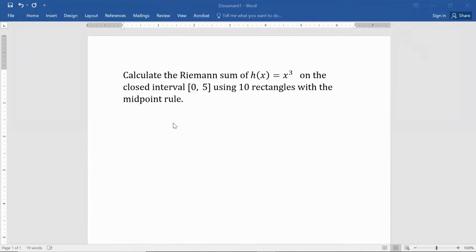The first thing that we're going to do is calculate our width, or in other words, our delta x. Our width here is going to be what you get when you take 5 minus 0, all divided by 10. That means each rectangle is going to have a width of 0.5. In this case, before I write the general